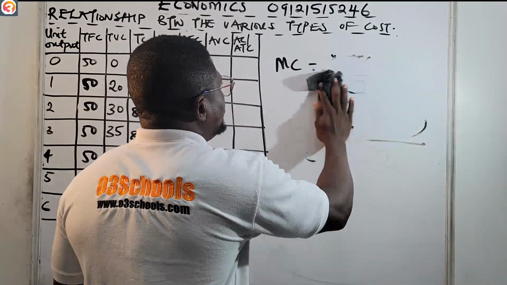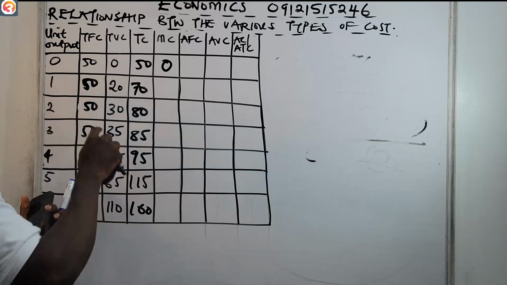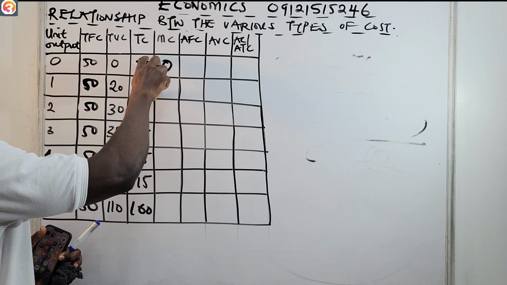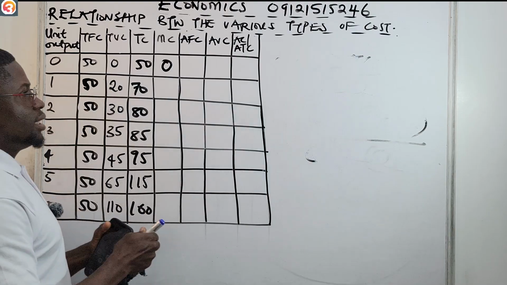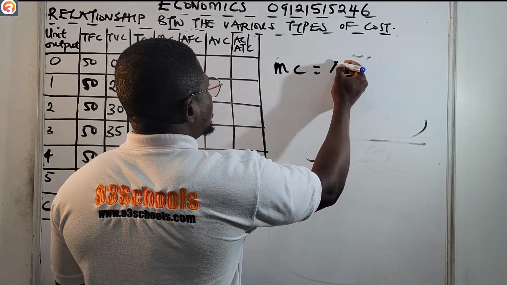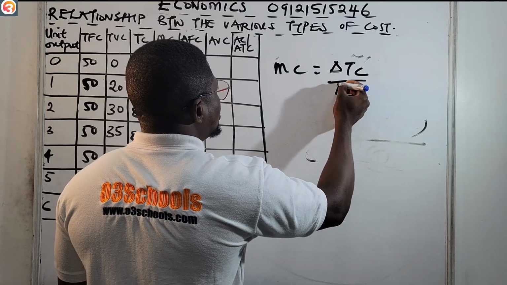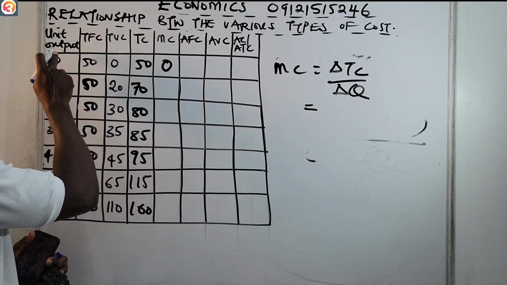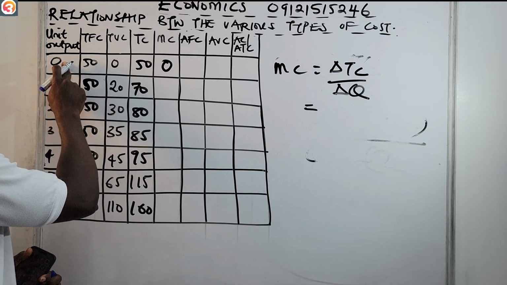Now for the second point here, for the first unit here, we're going to take this total cost, and then this is the unit output. So we know that our MC is change in TC over change in Q. That means I'm going to say TC1 minus TC0 over